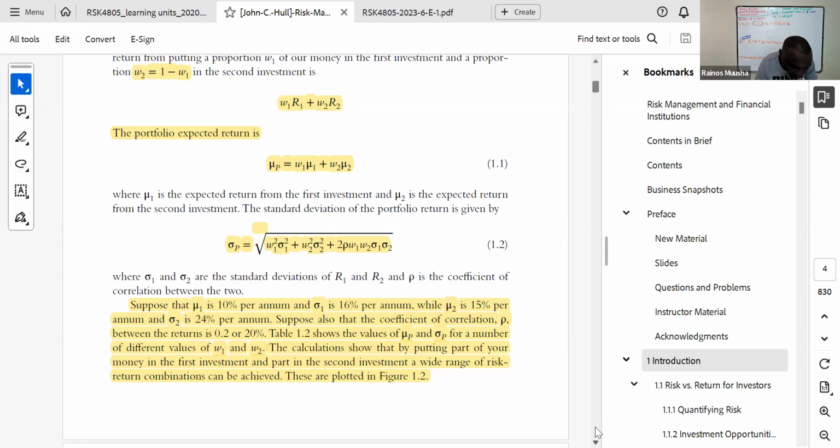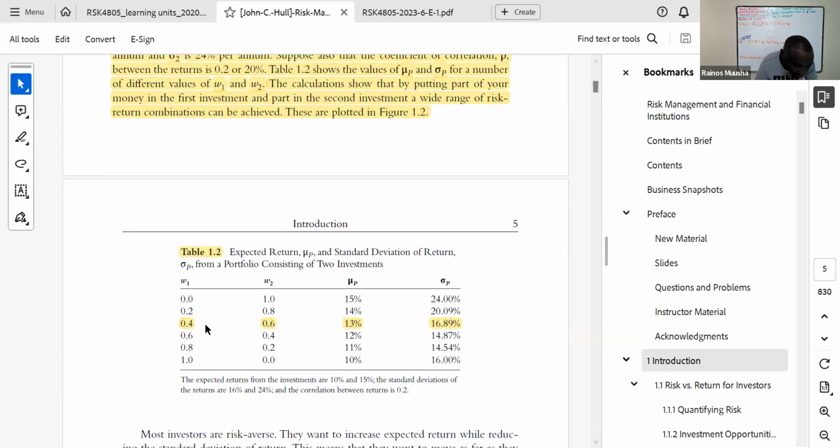So if you check on table 1.2, they are basically telling us that if you use a weighting of 0% to asset 1 and 100% to asset 2, this is how much the expected return you should arrive at, and this is how much the standard deviation should arrive at. If you use a weighting of 20% to asset 1 and 80%, remember, take note that